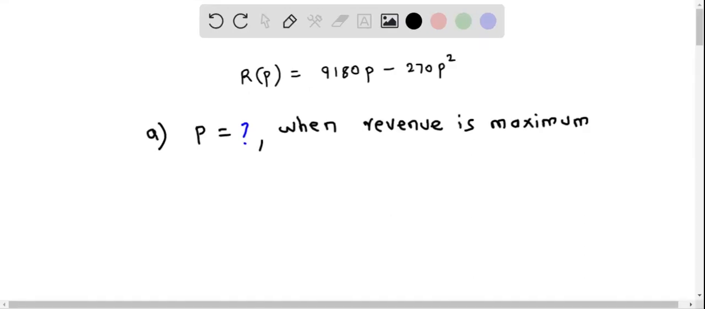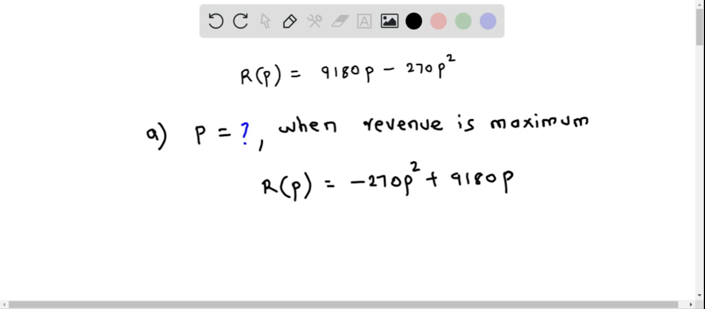In part A, we calculate the monthly subscription price when the revenue is maximum. So let's determine this using the revenue function. That is, we have the revenue function R of P, and this equals, I'm just going to rewrite this in a different form. That is negative 270 P squared. I put this term first, and then I put the second term